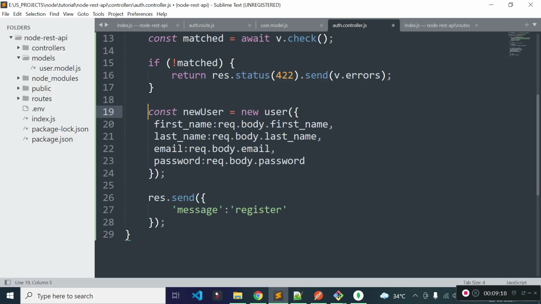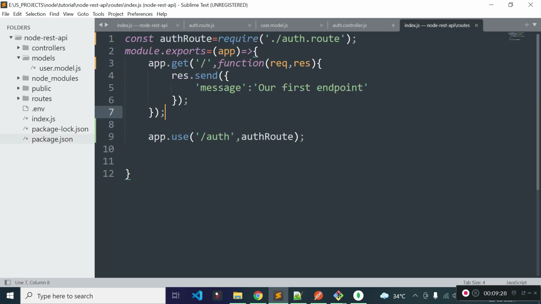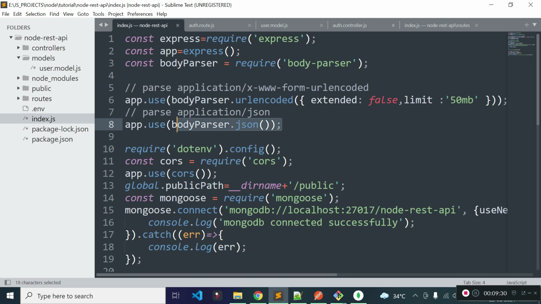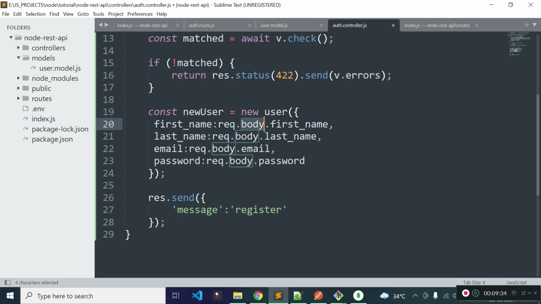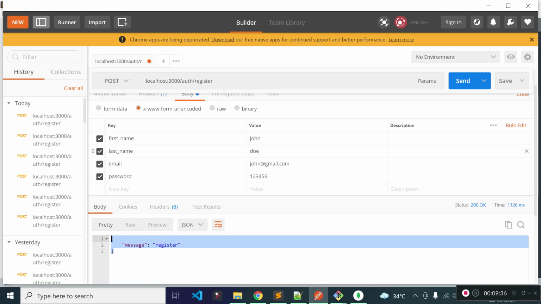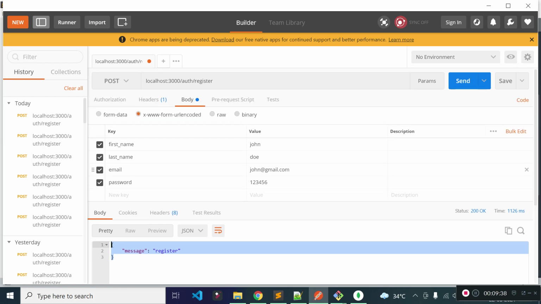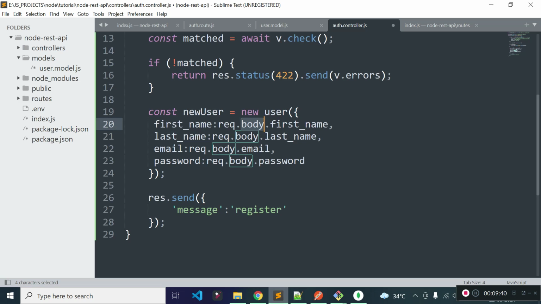and we can get first name, last name, email and password through request body because we are using body parser package inside our index.js file. You see we are using body parser, that's why we can get data from request body if we send data through x-www-form-urlencoded from Postman.